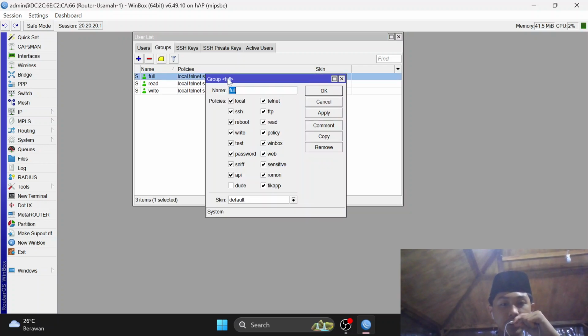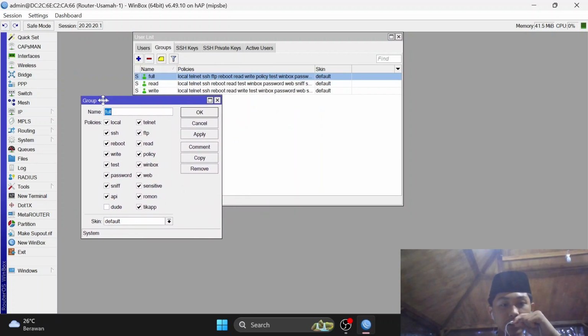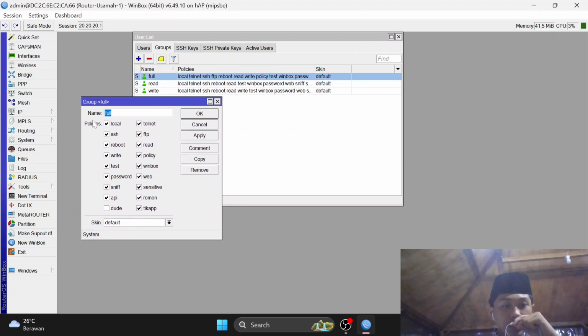Now it will show like this. You can see these are the policies, and the checkbox means the policy is given to the group full.